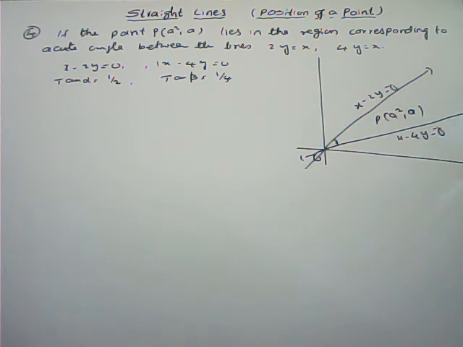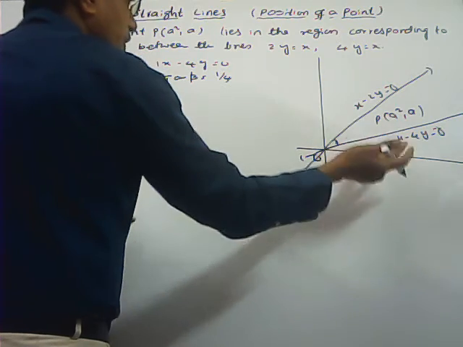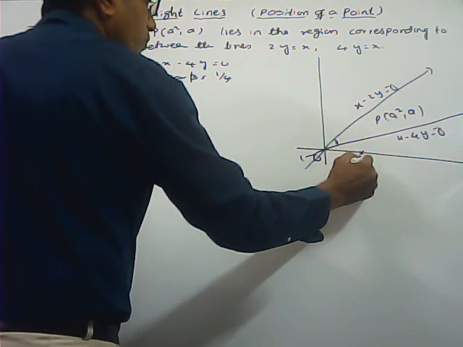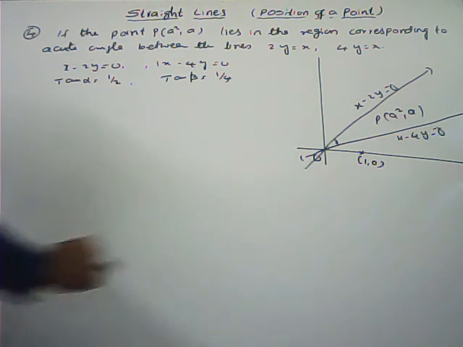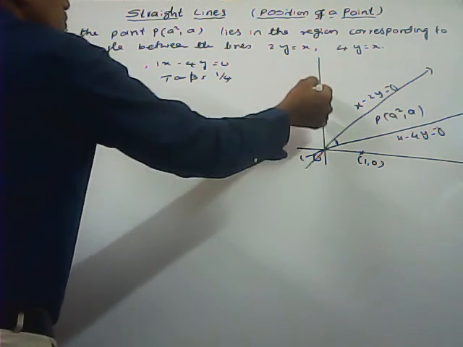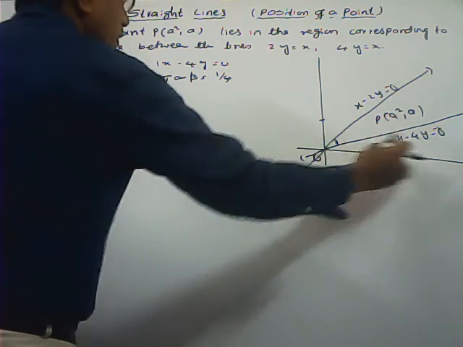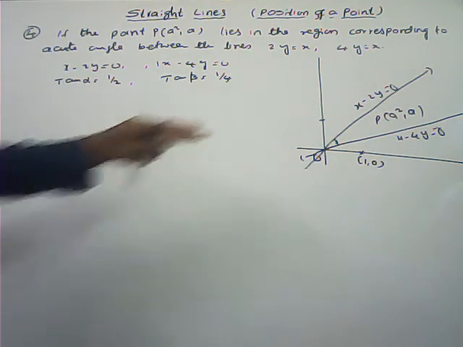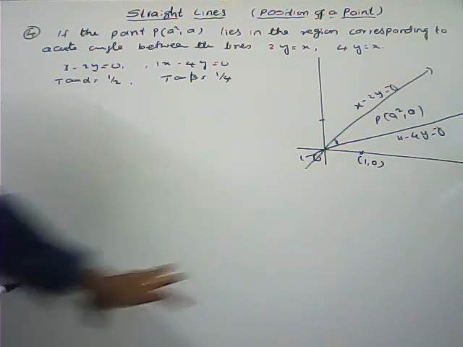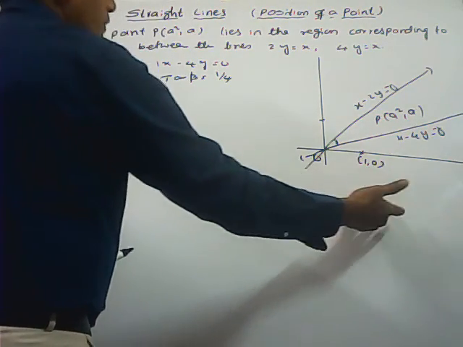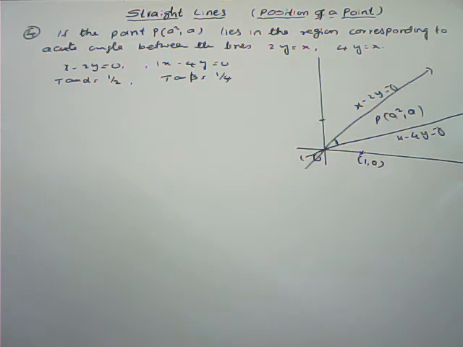Now here, how to get the inequality? As in the previous third problems, I told you, you have to create one more point, either in this region or in this region. You can create any other point. For a simple calculation you can take simple coordinates. Here I am taking (1, 0). Otherwise, if you want, you can take (0, minus 1), (0, minus 2), or (0, 2), (0, 3) like that. You can take any point, or in this region also we can take so many points. At the same time you have to think about the calculation part also.